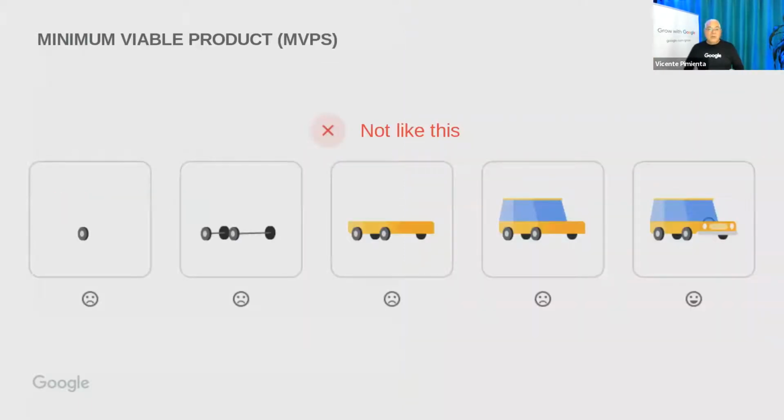So now we talk about MVPs. Minimum viable product. The idea is that the product, the app, the website, or whatever you decide to build is developed with sufficient features to satisfy early adopters. The final and complete set of features is only designed and developed after considering feedback from the first users and tests that you have created. You want to make sure that what you create is functional, even at its